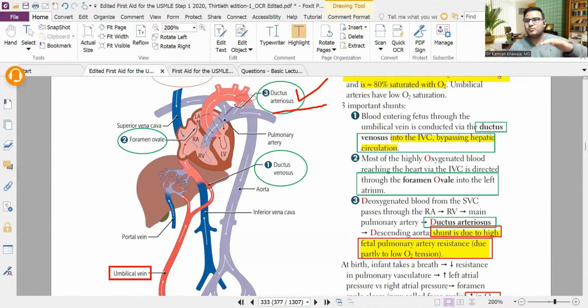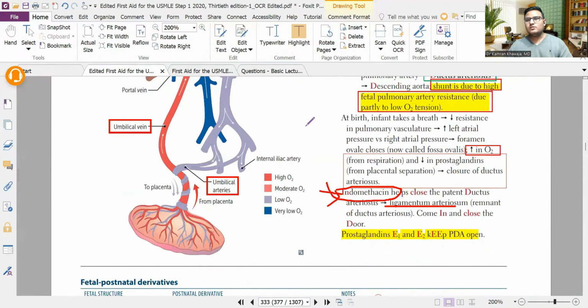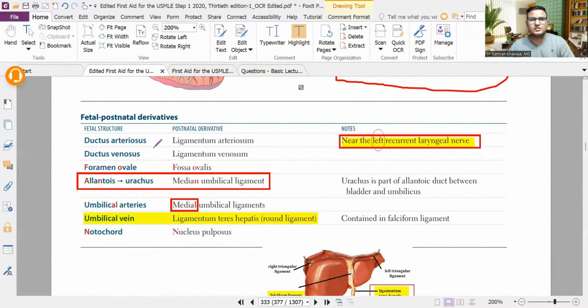ब्लड है वो पल्मोनरी रेजिस्टेंस की वजह से नहीं जाएगा लंग्स में, और वो कहाँ जाएगा, डिसेंडिंग एओर्टा में, और डिसेंडिंग एओर्टा में किस शंट के थ्रू जाएगा, डक्टस आर्टेरियोसस के। और फोर मोस्ट इंपॉर्टेंट पॉइंट, डक्टस आर्टेरियोसस को कौन ओपन रखता है, प्रोस्टाग्लैंडिन। कब बंद होगी, जब बर्थ के बाद प्लेसेंटा डिटैच होगा, प्रोस्टाग्लैंडिन का फ्लो कम होगा, डक्टस आर्टेरियोसस क्लोज हो जाएगा। तो 5 point which is very high yield is prostaglandins keeps PDA open. Prostaglandin patent ductus arteriosus, ये रिमेंबर, ये ओपन रखती है।